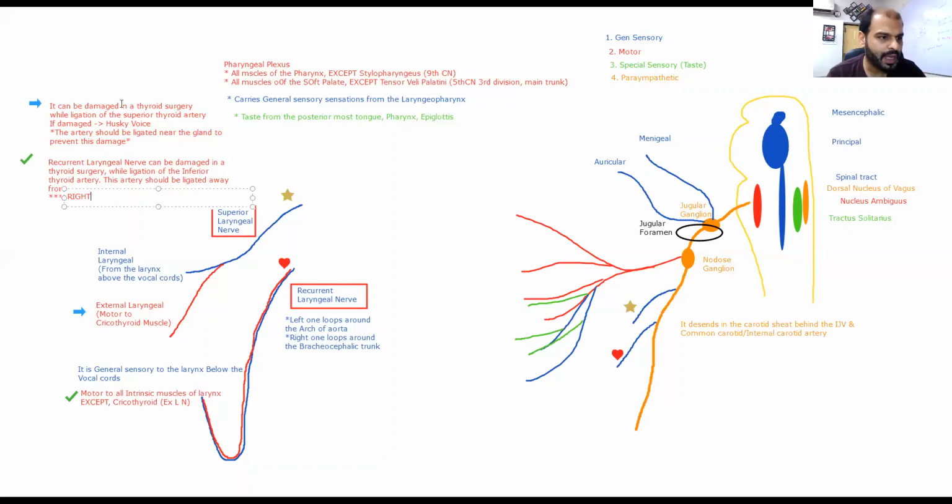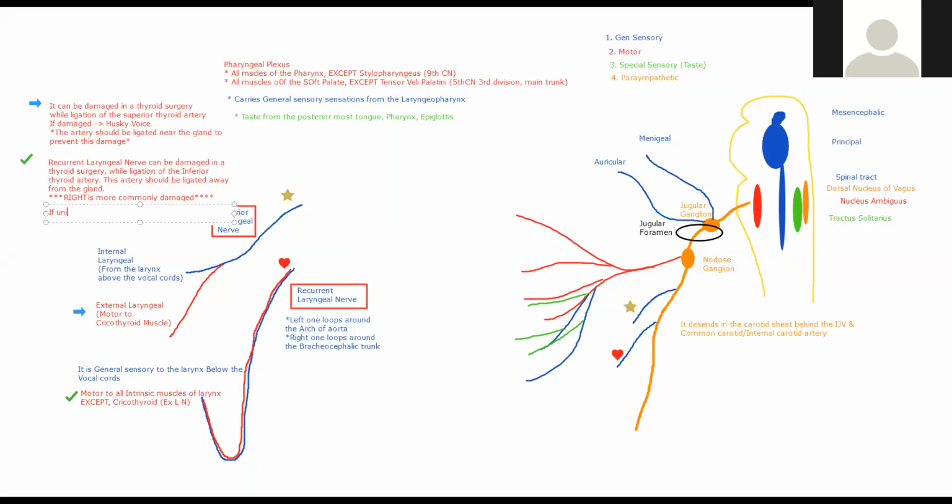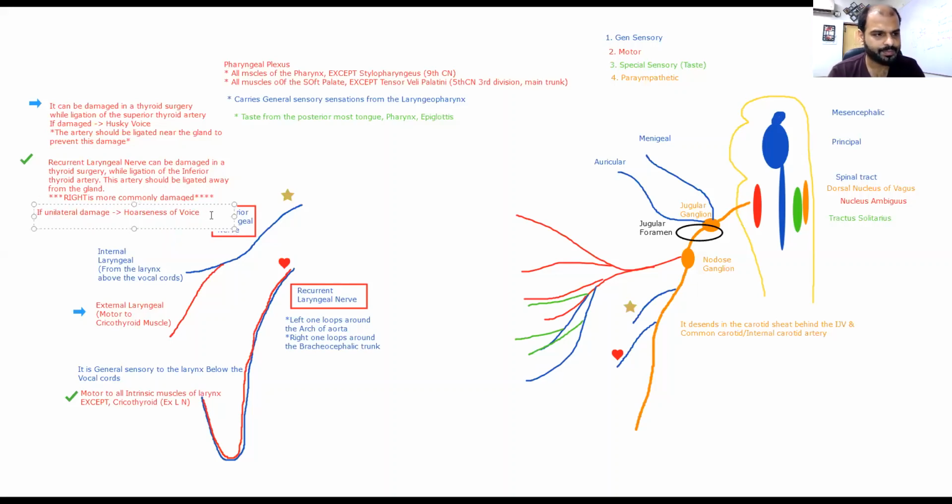And if it is damaged, what will happen? Hoarseness of voice. In unilateral damage, the result is hoarseness, low pitched voice. And if bilateral damage, which usually cannot happen during a surgery, choking. Yeah, the vocal folds, the vocal cords will